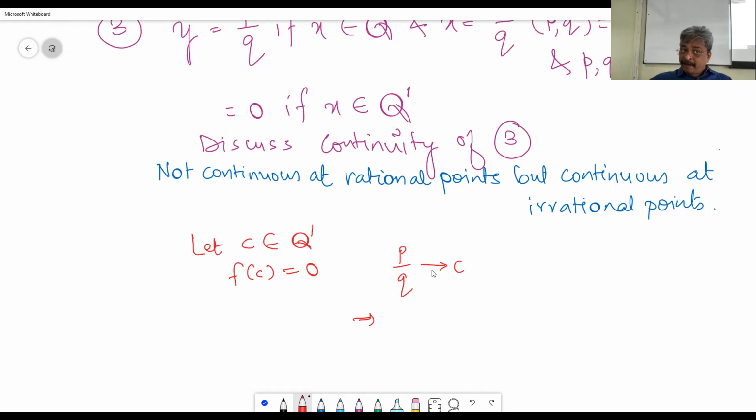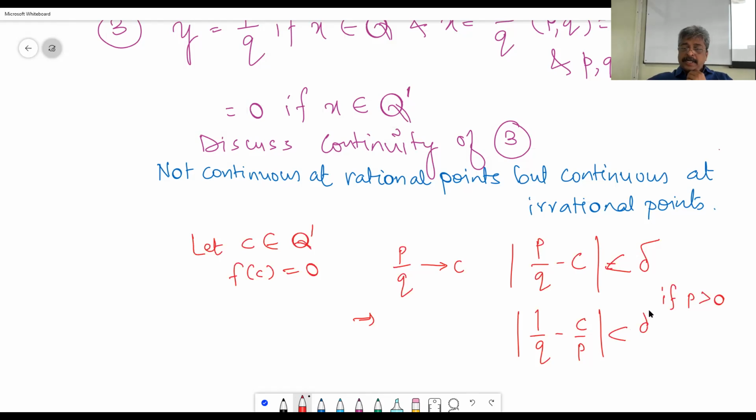Therefore, what you are saying is, there is no equality here, by the way. p by q is not equal to c, but we can write this as the absolute value of p by q minus c is less than delta. Now what do you say? 1 by q minus c by p, dividing everything by p, and suppose p is positive, is less than delta by p. Okay? Further,